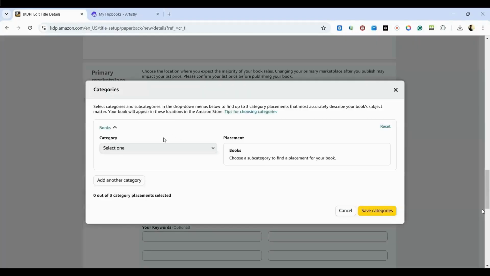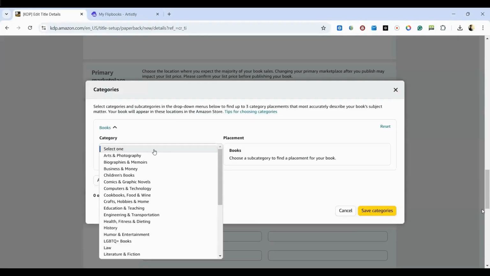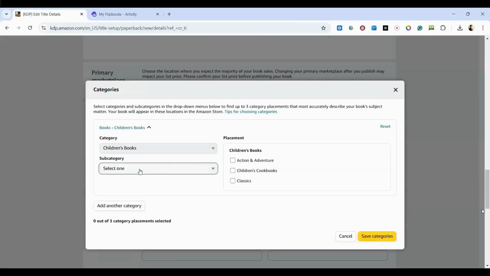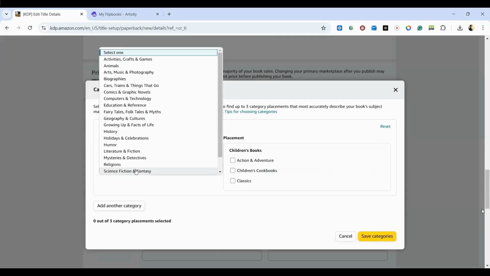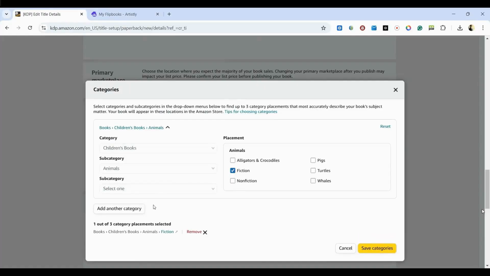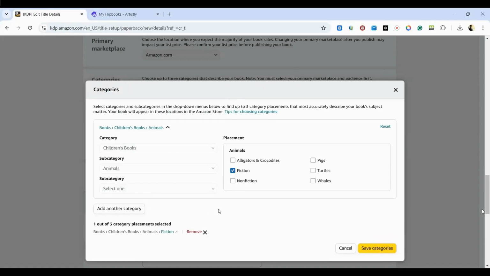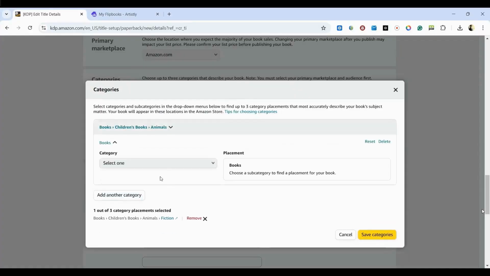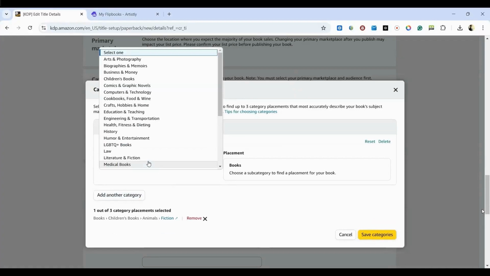Choose the category. So mine is kids books, so I'll go to children's books. Let's see, animals. Let's see, fiction. And add another category. We can add maximum 3 categories. See, children's book,